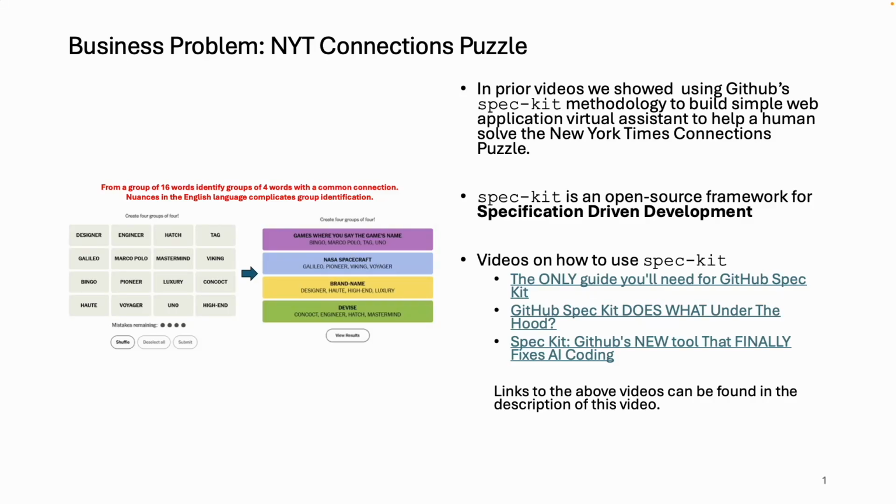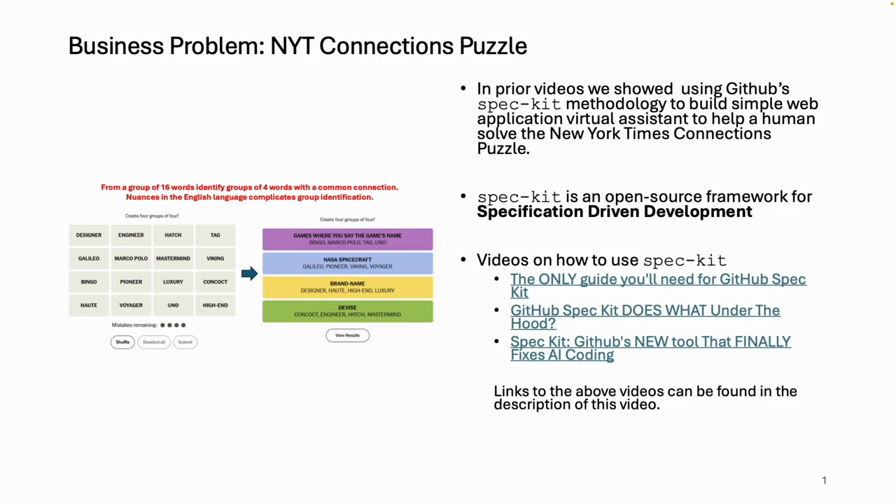This video continues the series where I've been walking through a real end-to-end example of specification-driven development using GitHub's Spec-Kit applied to a concrete business problem, building a virtual assistant to help solve the New York Times connection puzzle. As a reminder, the connection puzzle represents a deceptively simple challenge. You're given a grid of 16 words and asked to identify four groups of four words that share a common